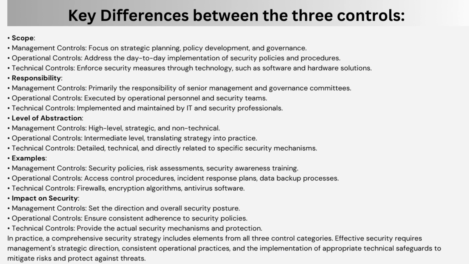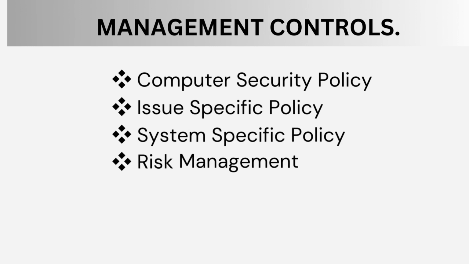In practice, a comprehensive security strategy includes elements from all three control categories. Effective security requires management strategic direction, consistent operational practices, and the implementation of appropriate technical safeguards to mitigate risks and protect against threats. So I'll be going deep into each one of the three controls, and I'm going to start